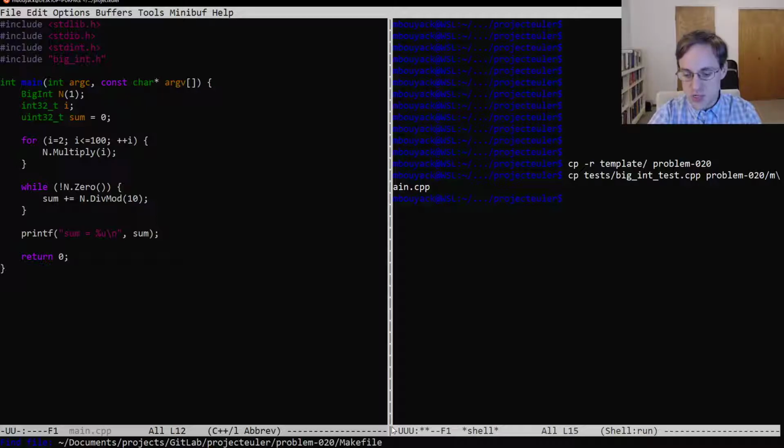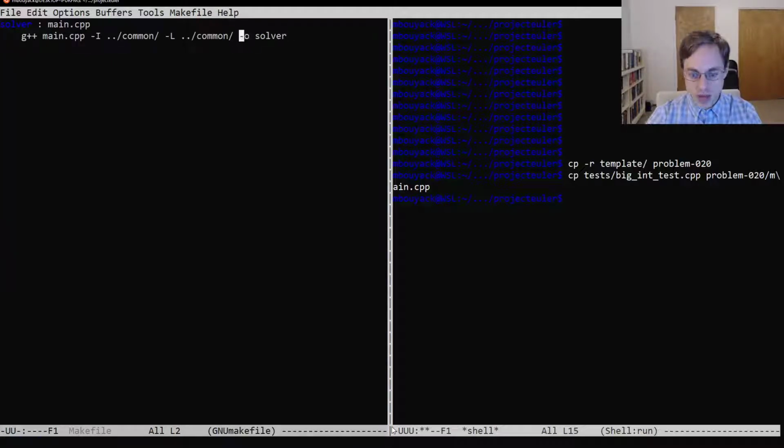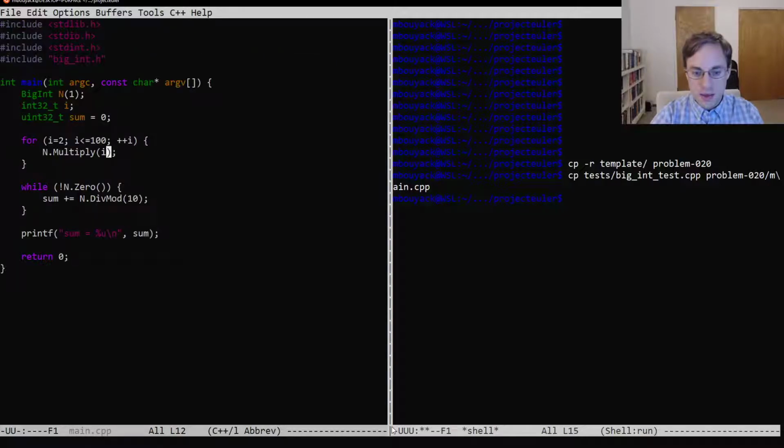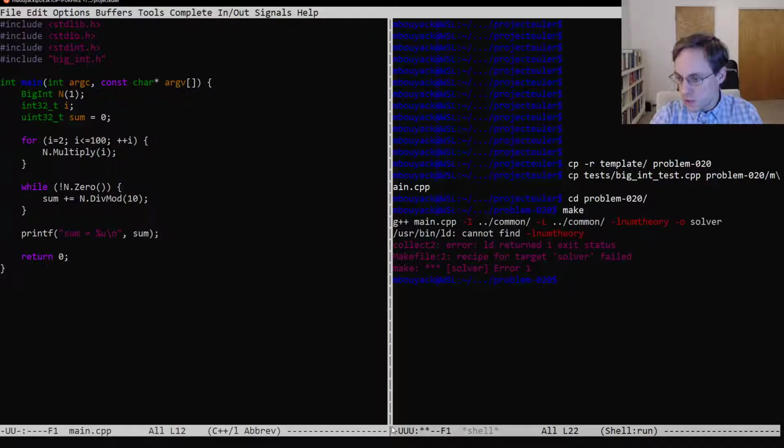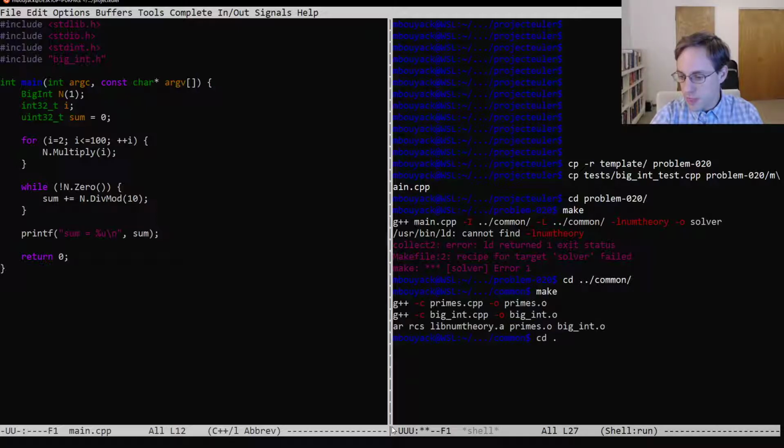Now we will need to change our makefile to link our numtheory library. You'll recall that the way we have our environment set up, our tests all link libnumtheory by default, but our problem solutions do not, since many of them do not actually use libnumtheory. And that should be all we need. Let's go into our problem directory. Oh, obviously I didn't actually build our library. Okay, and that gives us an answer,